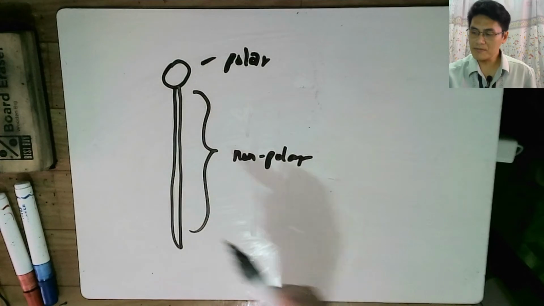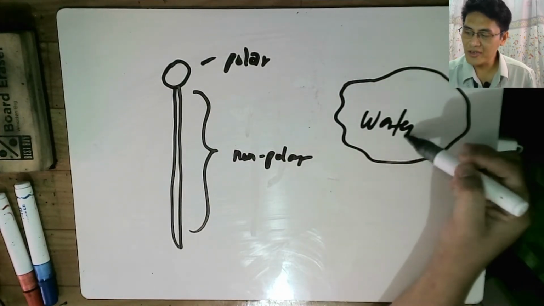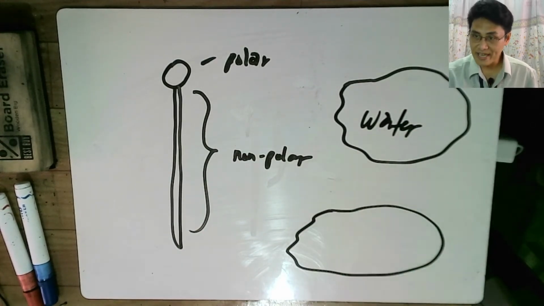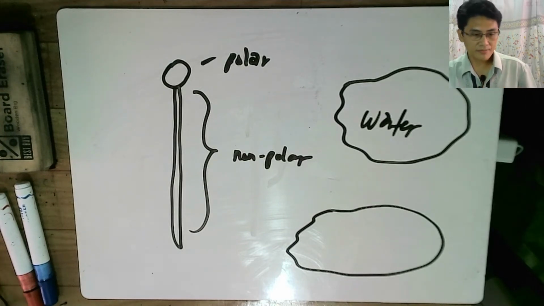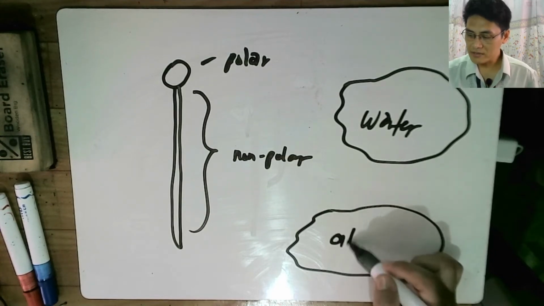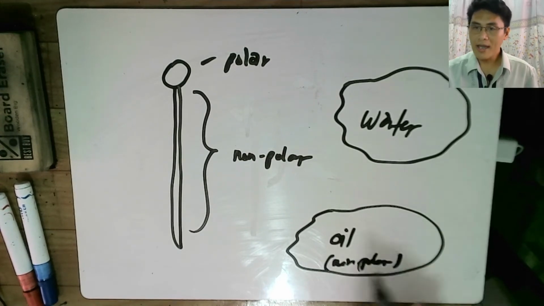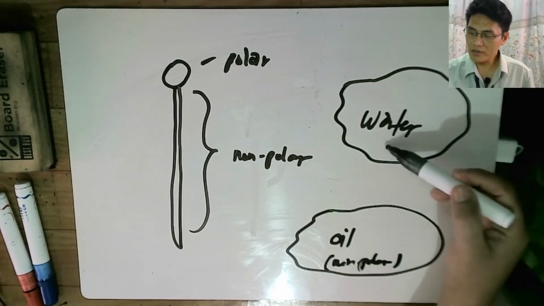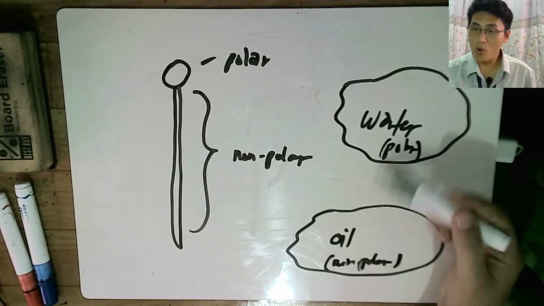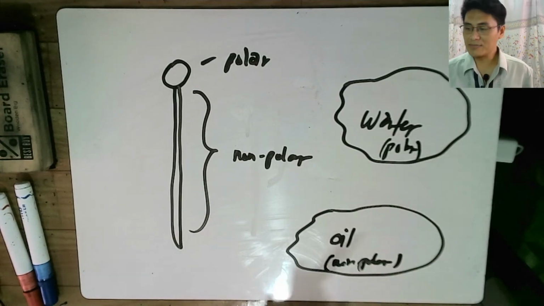And again, this is good because usually what we use for washing things is water, and usually the dirt that is on our skin, especially because of the sebum and our glands, is oil based, right? And oil, remember, is nonpolar. And the problem with that is water is polar, so water cannot dissolve oil. So if you wash oil with water, it will simply not take away the oil from your skin, so you will not be clean. And that's why